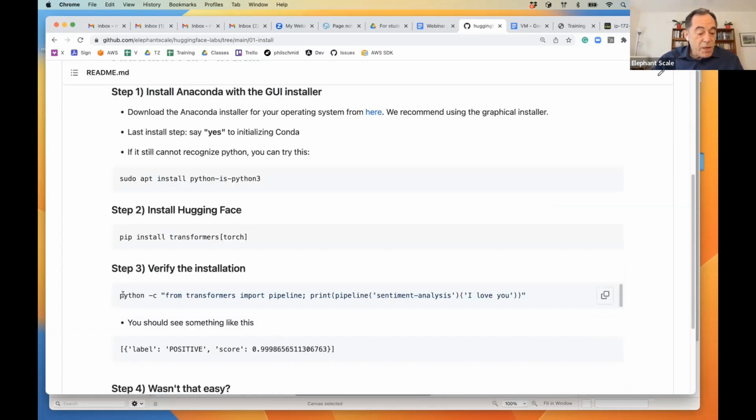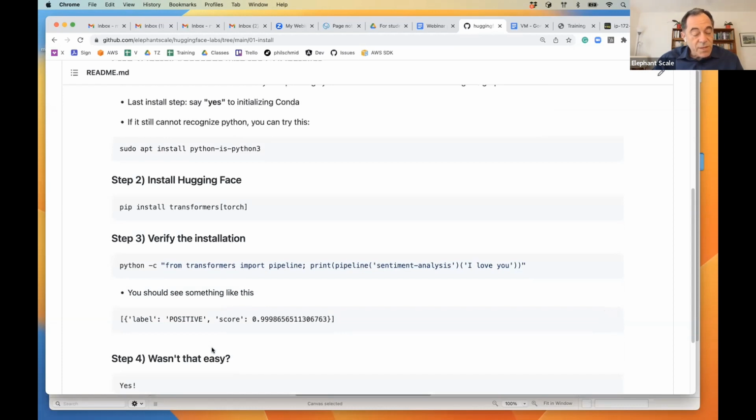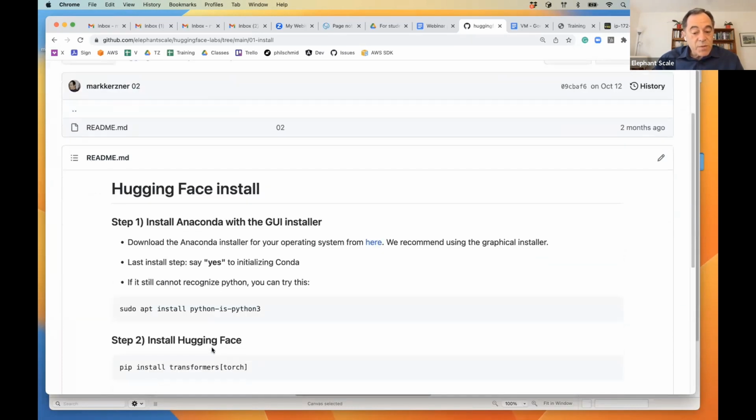And then immediately you're able to run a command, because that is a way to run Python giving it the exact code what to run. And the exact code does this much. It says start the pipeline. That's an object, the major object in Hugging Face. Pipeline that will be used for sentiment analysis, and right away run this pipeline to classify this phrase, I love you, and you will get a positive feeling about this. That was easy.